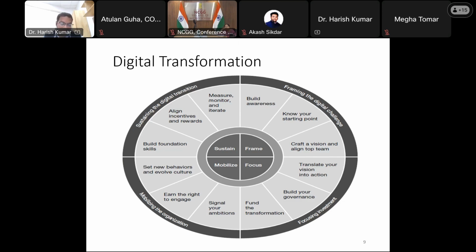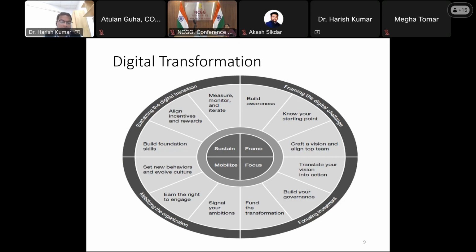And then engage. That means change management, and we need to develop a detailed implementation plan. Apart from that, we talk about setting new behaviors. That means digital working. People should not be afraid of using new technology. We need to create a culture where people welcome the implementation of new technology rather than fearing job loss. We need to create online forums, develop technical collaborations, and develop an innovative culture.